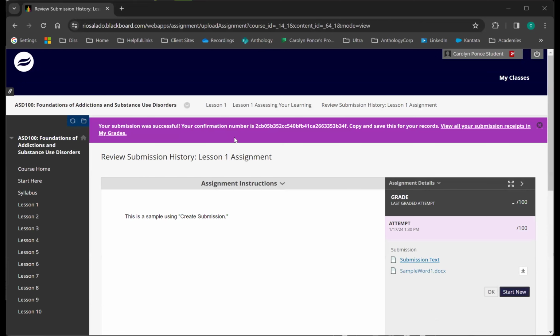And each submission is tracked in the system for assignments. There is even a confirmation number. Blackboard's aware of how important assignments are, and so that confirmation number is provided.